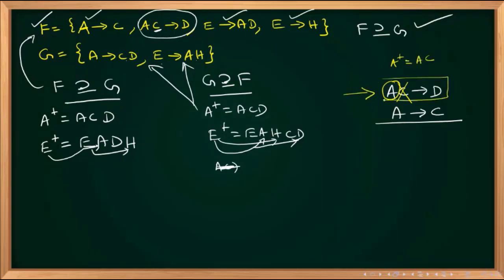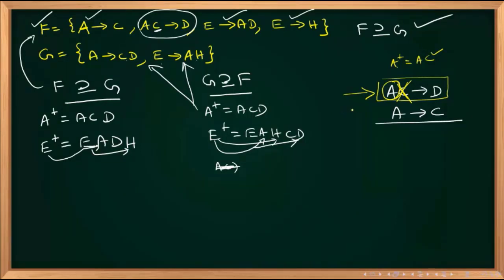Leave this one and check whether in the A closure I am getting C or not. If I am getting C, I can leave the C. This is redundant. That is the idea. In further problems, everywhere in GATE problems, you have to use this. This is what we are expecting. They are expecting that we should do this one. We cannot do manual operations for finding all these things.